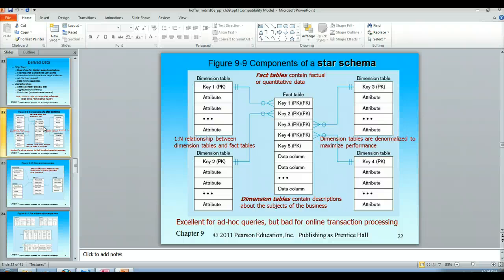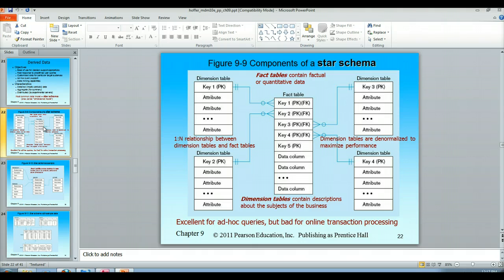But when you take a look at this, what should pop out to you is that if you got rid of the fact table, right, what you would have is many-to-many relationships amongst all of these dimension tables, right? If you notice the way it is now, all of your dimension tables have a one-to-many to the fact table. So if you get rid of the fact table, what you end up with are many-to-many relationships amongst all your